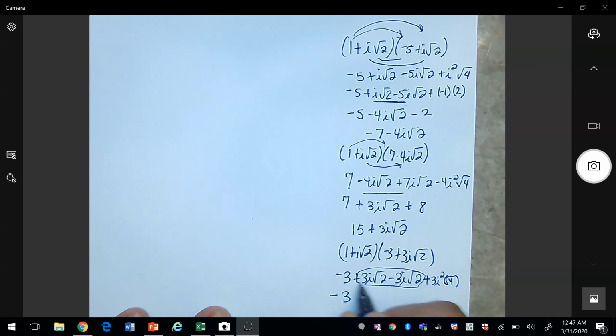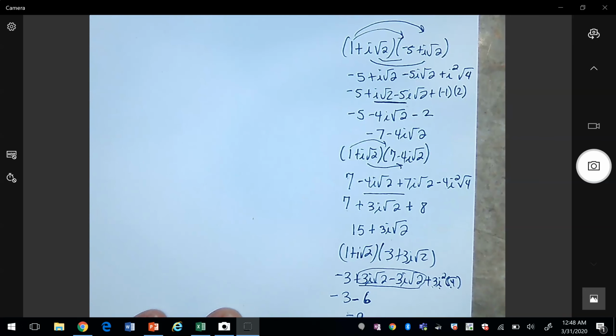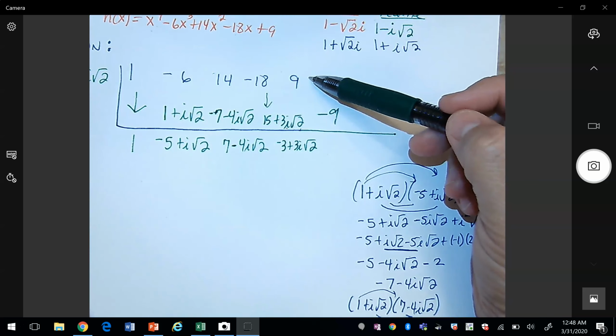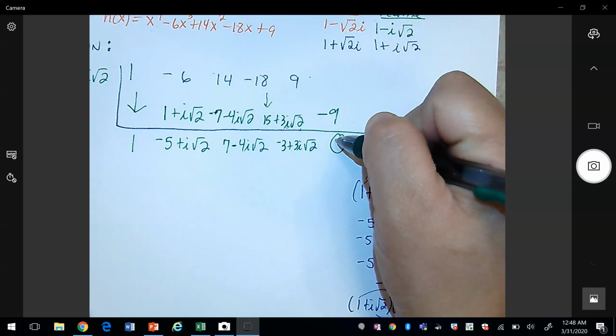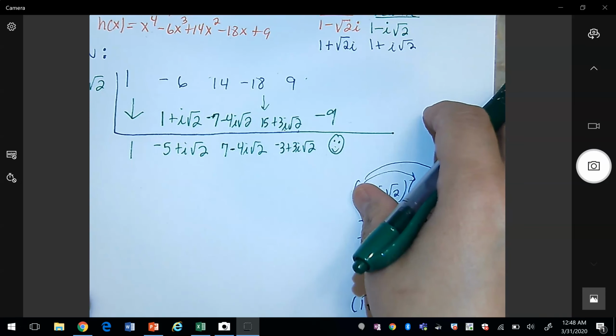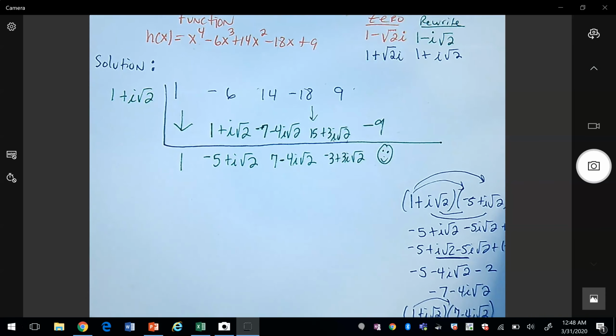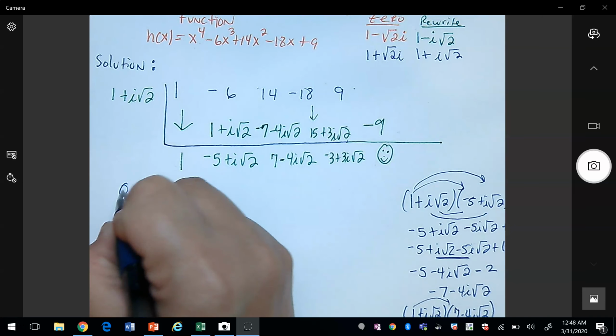This is going to be 0. i squared is negative 1 times 3 is negative 3 times 2 is 6. And so we get negative 9. 9 plus negative 9 will give us 0. And since we get 0, that proves that 1 plus i square root of 2 is a zero. So we start the process all over again, this time using the quotient of